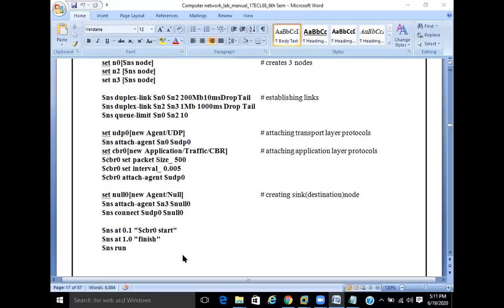Once the program is written in the terminal window, in the folder which you have created in the root home of your simulator tool, I will show how to create the folder and everything. Once the program is written by you, you should make the program error free by running it in the ns2 terminal.